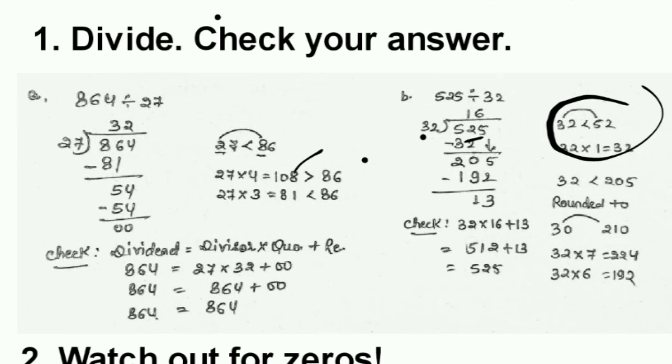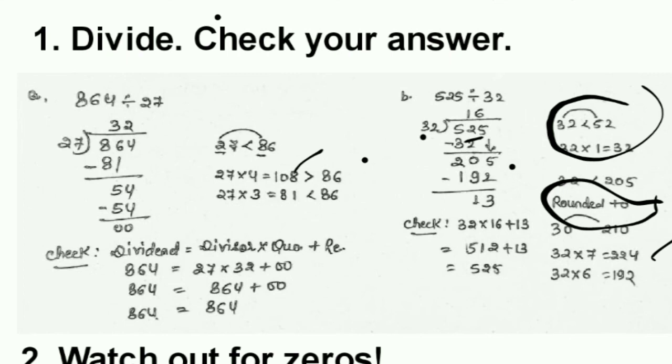Now we will write 5, or we can bring down 5. Now we are having 205. So in this one, according to rounding, we can round 32 as 30 and 205 as 210. We know that in the 30 table, 210 will come 7 times. So we can check 32 into 7. But it is not going, because this number is more than our number. So now we write one lower number.